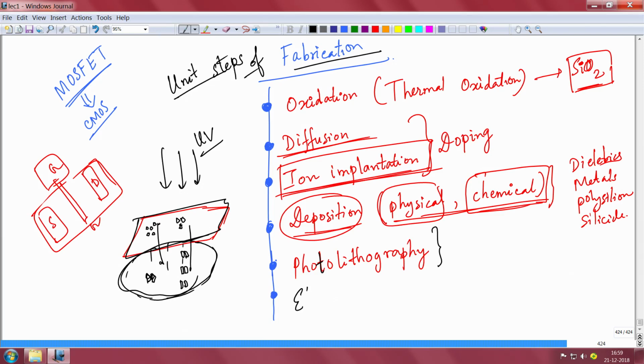And the final is called etching. Etching is basically removing material from a wafer. For example, you might have a silicon wafer, I am not drawing it nicely. If I draw a cross section view, maybe you have this n plus pocket, and then you have a gate oxide, then you have the gate here, this is source, this is drain, but you want to isolate it from another device. So there is another n plus here.